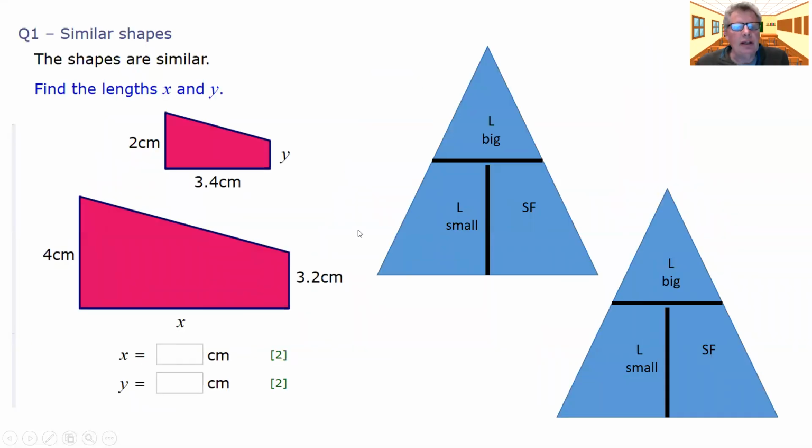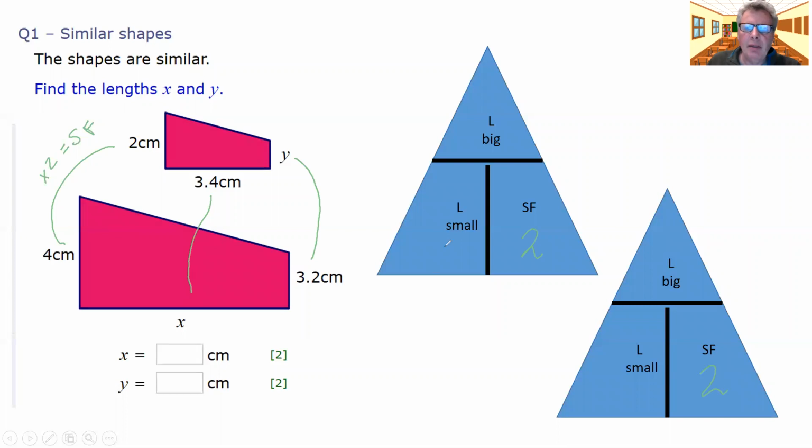So let's have a look at an example here. First thing you've got to do is go and find 2 sides which both have lengths on them. See, this little one here goes with that. This one here goes with that. And that one goes with that. So what have I got to do to 2 to turn it into 4? I've got to times it by 2. And that's my scale factor. So straight away we can put scale factor 2